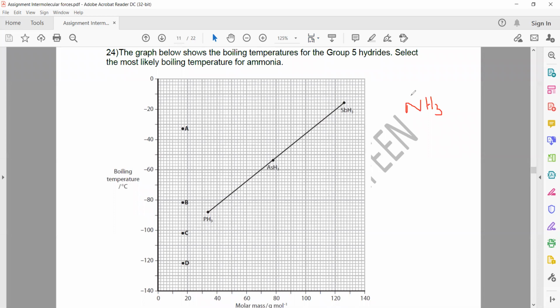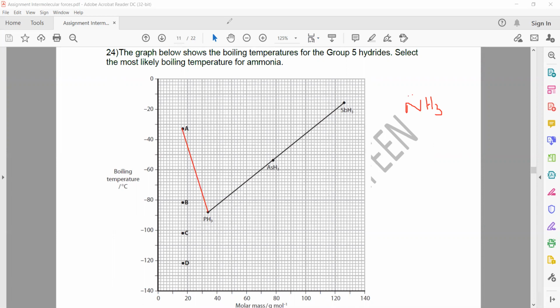And if it can form a hydrogen bond, why can it form a hydrogen bond? Because hydrogen is bonded with nitrogen, and nitrogen has a lone pair, so that it can form a hydrogen bond. So it should have a higher boiling point compared to that of PH3, which will have permanent dipoles